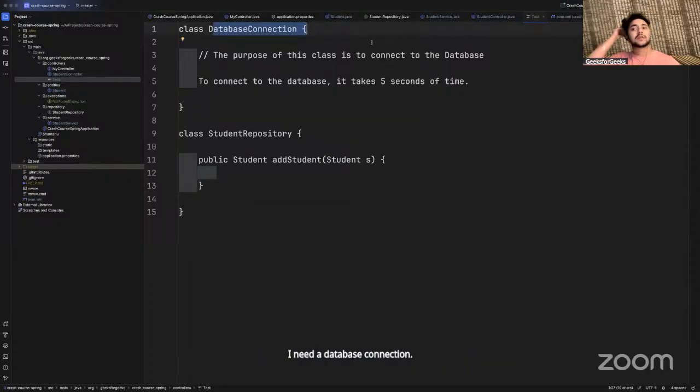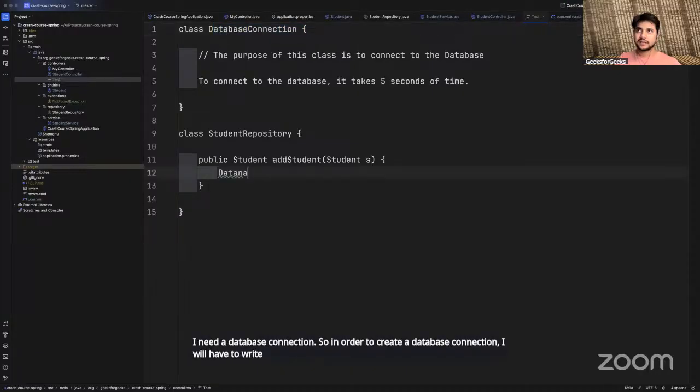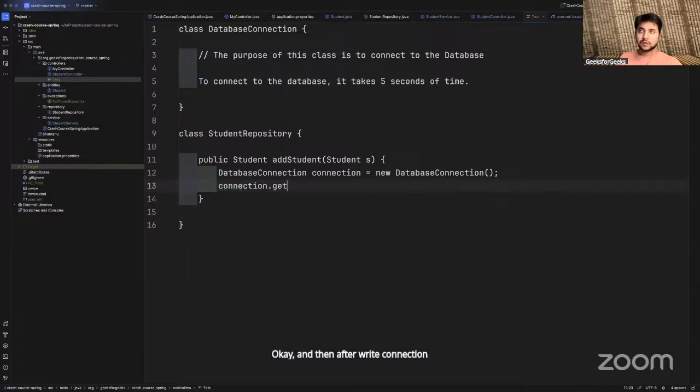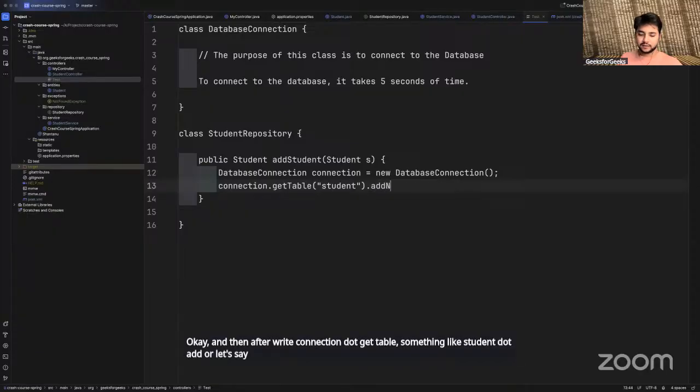So in order to create a database connection, I will have to write database connection, and then connection dot get table something like student dot add, or let's say add new row student, something like this.